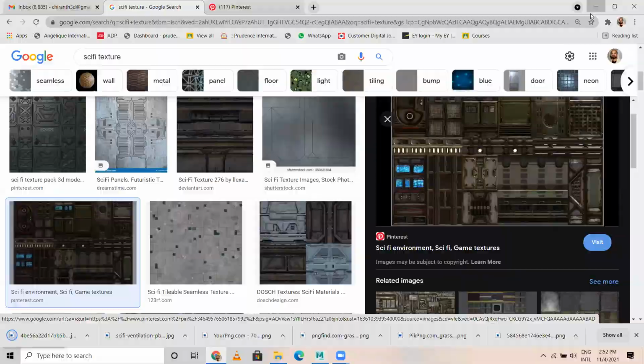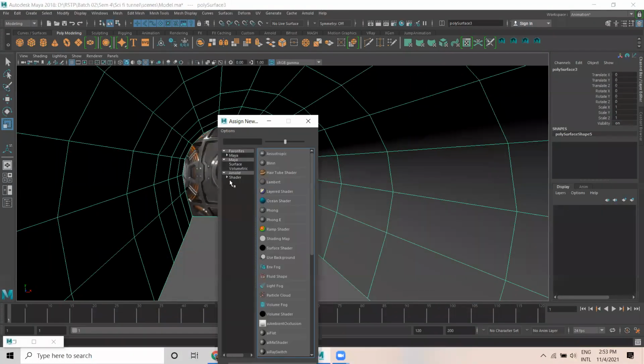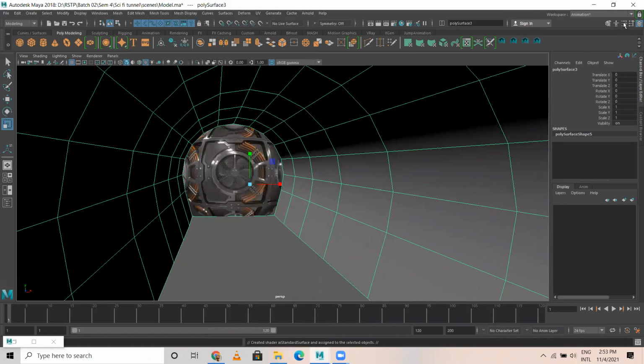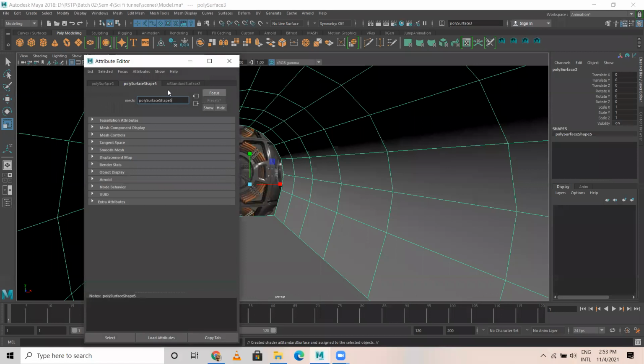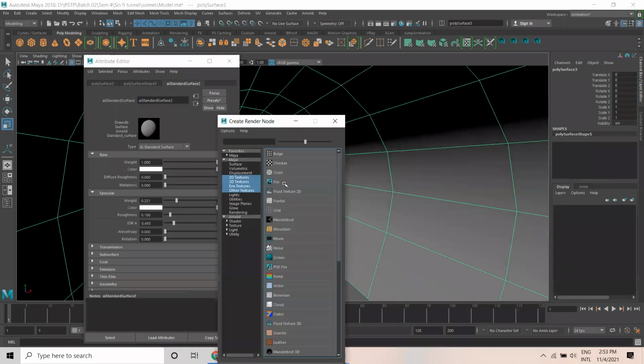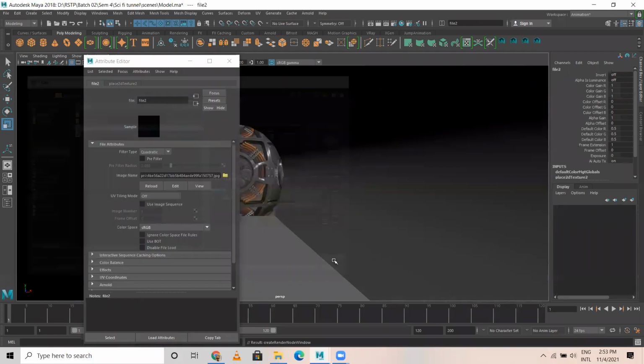So this one, right click as a new material, again Arnold standard. Go to the attribute editor. Reduce IOR, reduce weight, click on the color, empty file, pick this.